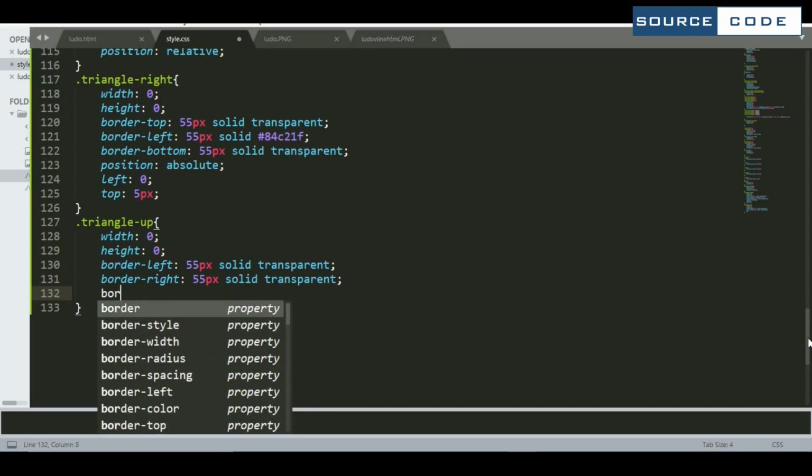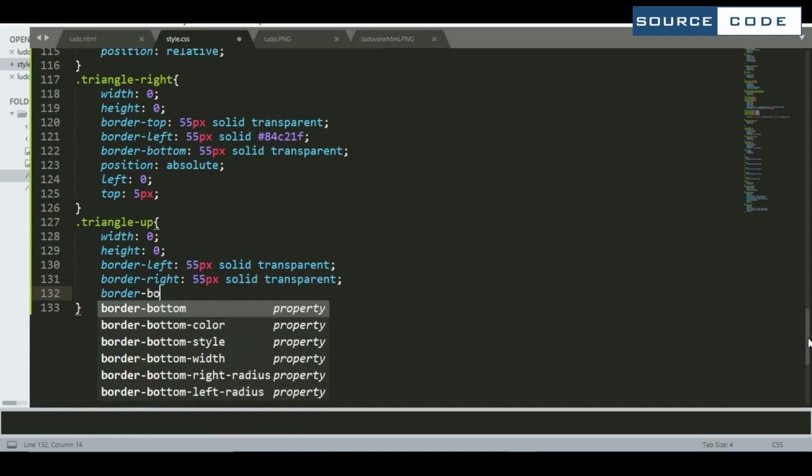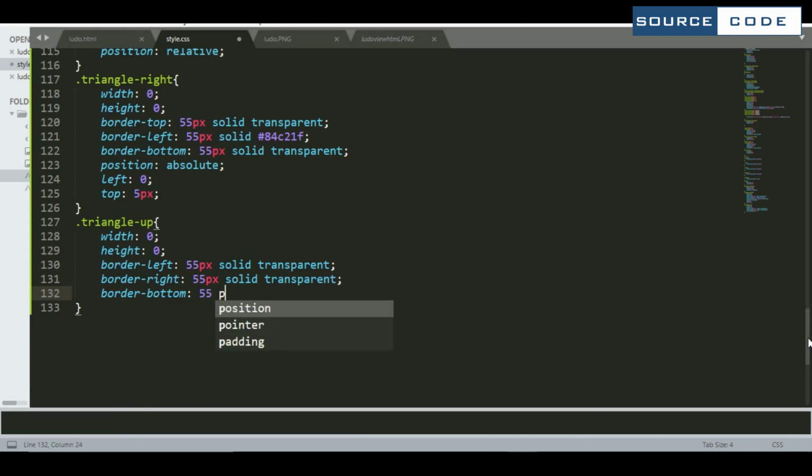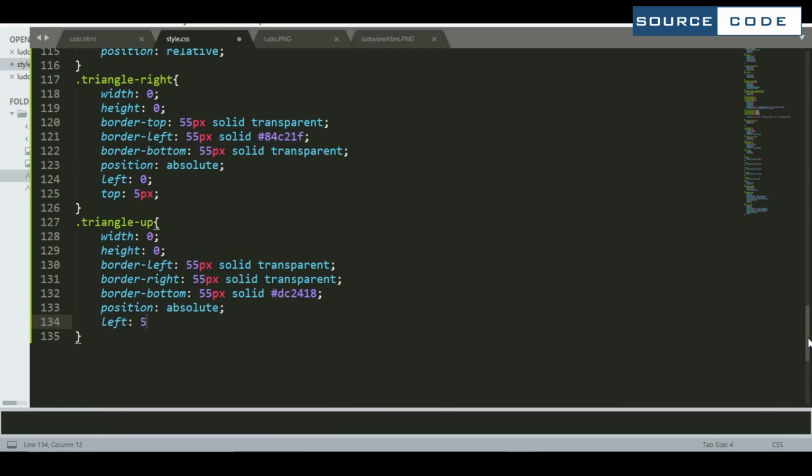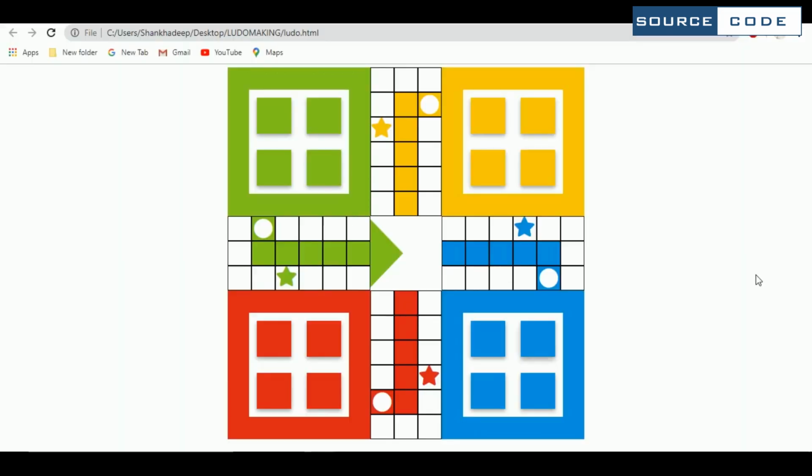Now we need to design our border bottom here. So it will be 55 pixel, solid red color. Now make the position as absolute and take the left here 5 pixel and make the bottom here to 0. Now come to the output part once again, and here we got our red one.